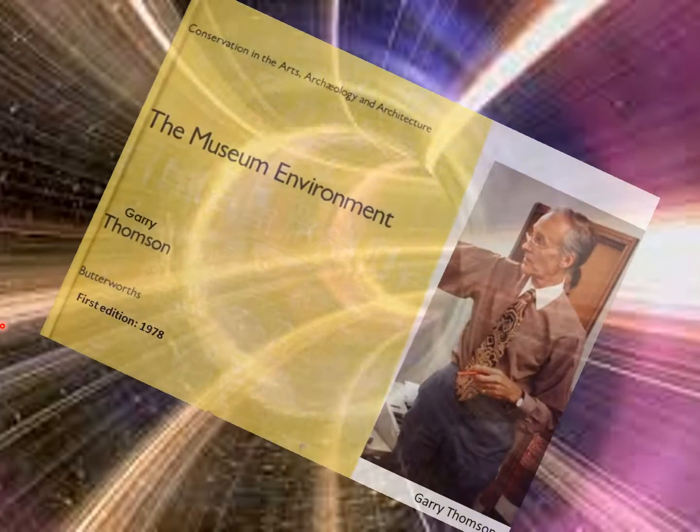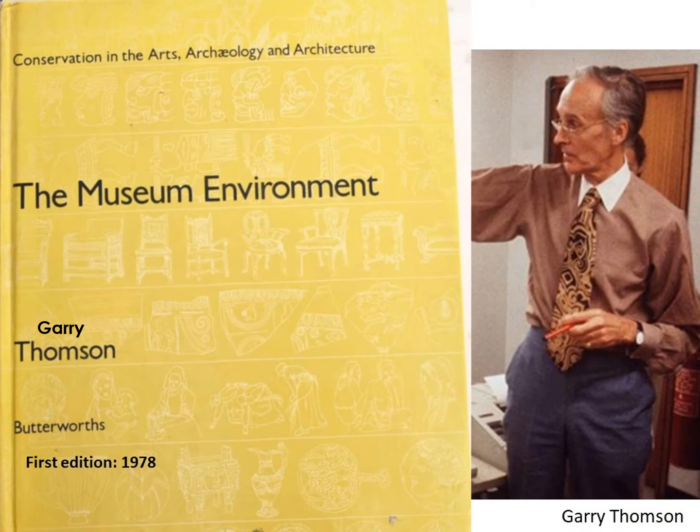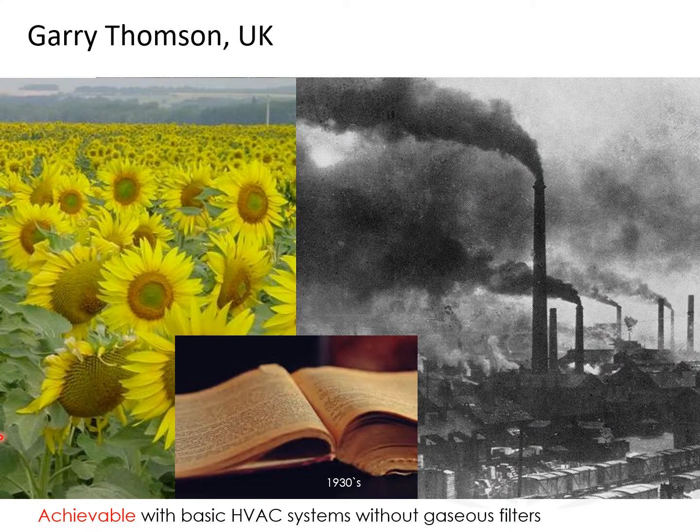So we have to travel to the past, and the major step on guidelines on pollution is the famous Garry Thompson in the UK with his book The Museum Environment. It was published in 1978, and Thompson at that time was not the first one. It was known already from the 1930s that the impact of pollution on books and papers had been quantified, and it was